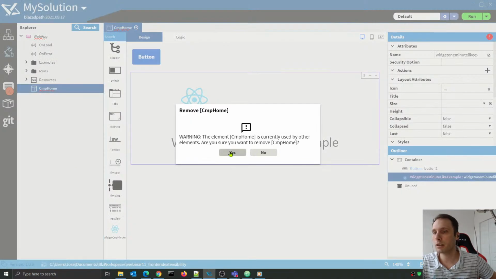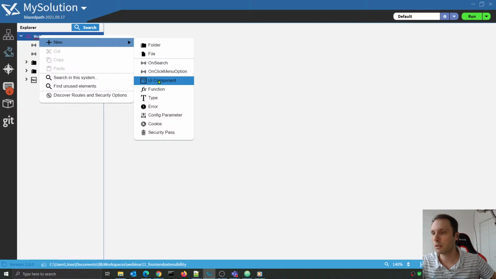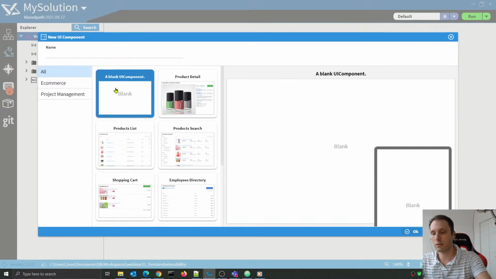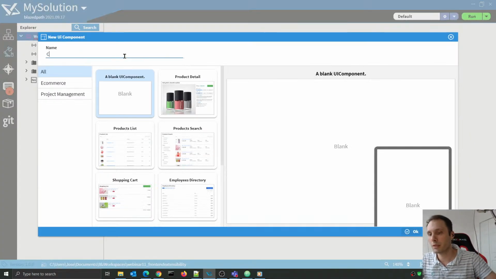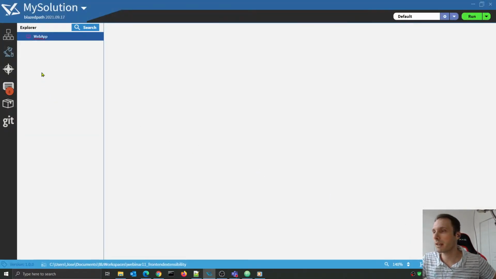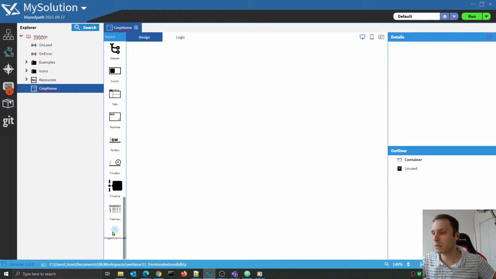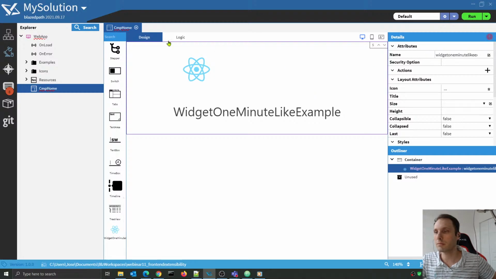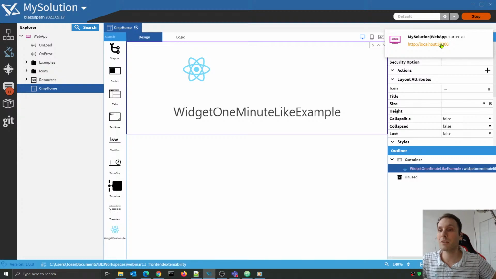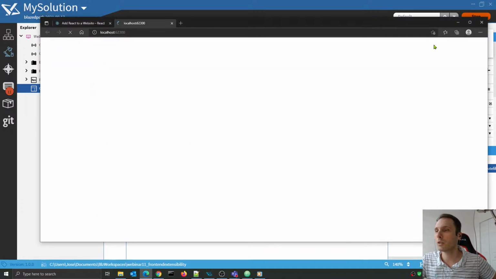I'm just going to start the CMP home again. There we go. So if I come back to the 1 minute example and I click on run again, it seems that trying things many times with different names resulted in a problem. So just open it again on the localhost,